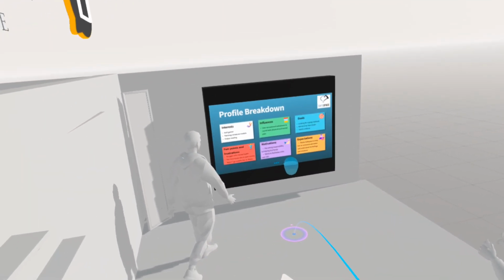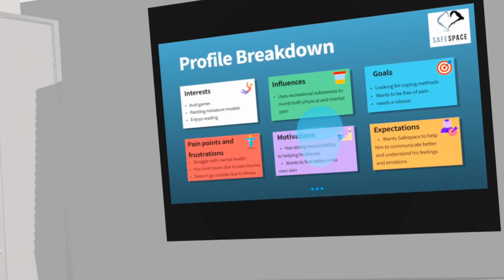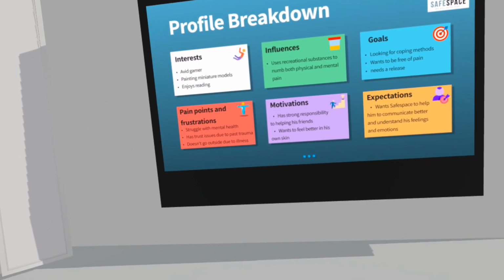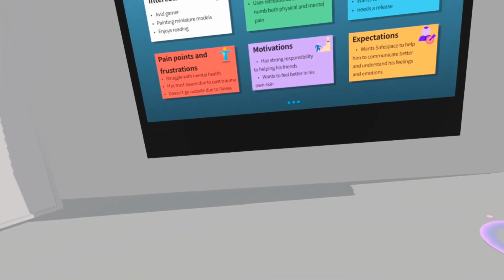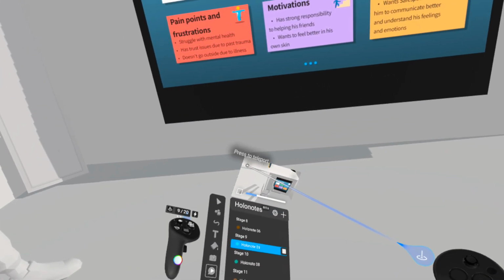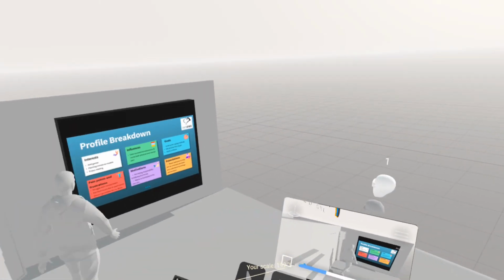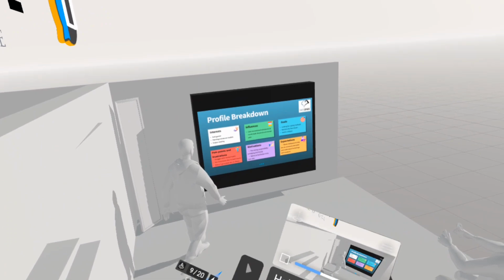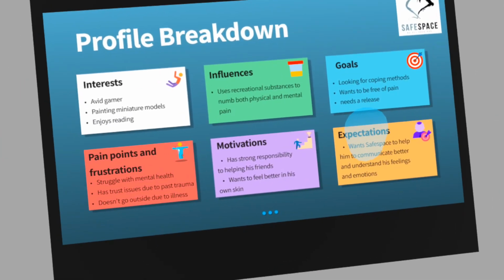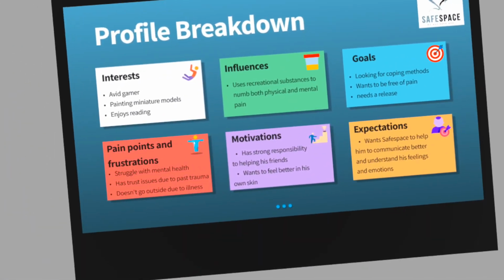In this part, we have the profile breakdown. This allows the psychologist, the art therapist, to break down the user's profile into interests, influences, goals, pain points and frustrations, motivations, and expectations. So, working with the art therapist, they will set themselves goals, talk about what influences them,